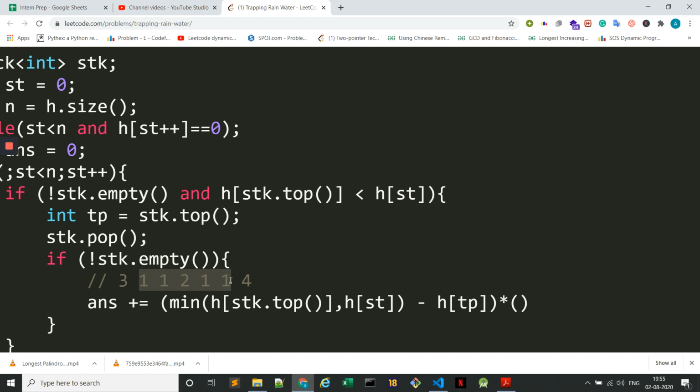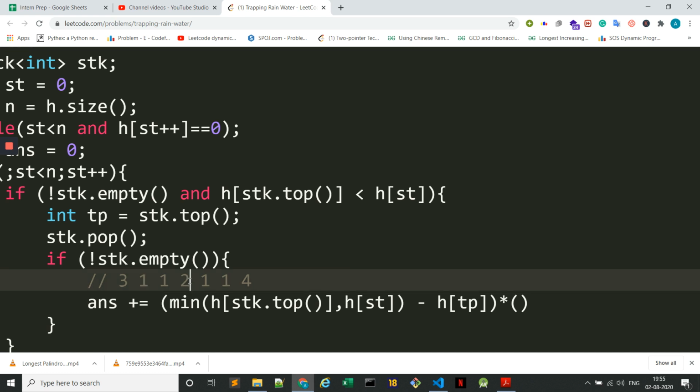In all of this we can fill 1 unit of water, because while computing the answer for this particular one, we said there would be a lower bound of 2. This is the right bound, this is the left bound, so the minimum is 2. So at any given time, we will have computed the answer only up to the minimum bound. So for example, over here, we would have filled the water only up to 2,